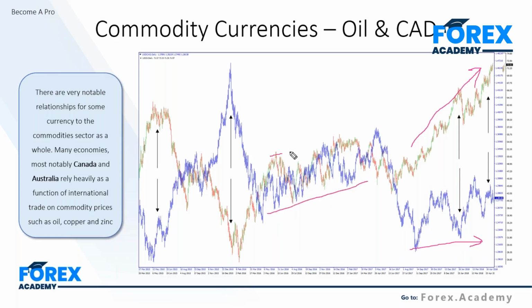Again, we're seeing the market consistently trade in a range, so it starts to stabilize. When we see more differentials, we see the oil price at highs, we see Canadian dollar strength. We see the oil price at lows, we see US dollar strength over Canadian dollar weakness. So it's so significant, this single relationship with the Canadian dollar.